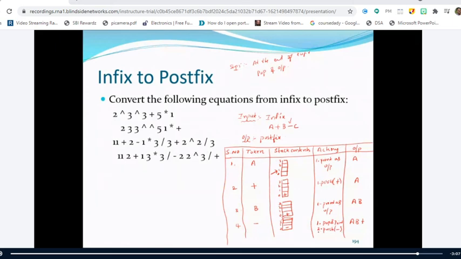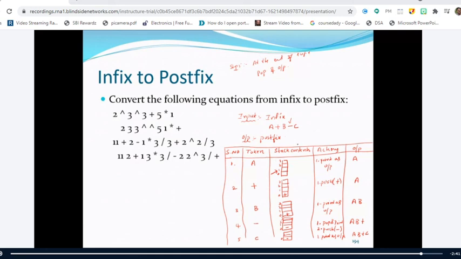Yes, sir. Now you read the next token. What is the next token? C, sir. C. Therefore, the contents of the stack remain as they are. That is, minus is at the top of the stack. And what action do you have to do here? Print as output. Print as output. Super, right? So it becomes A, B plus C.